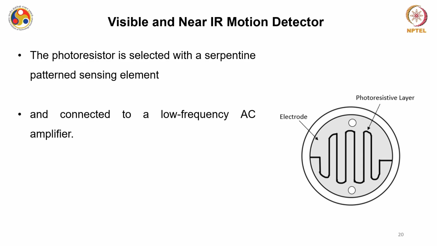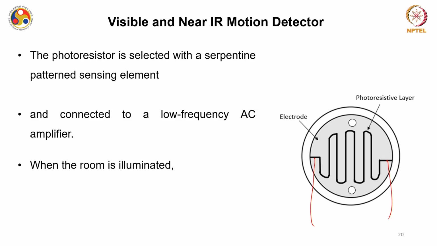For detection, photoresistors are very popular. We have seen that for the detectors, particularly for the complex sensor, we need to have a high surface area, and to have a high surface area, these photoresistors are usually patterned in a serpentine nature. So the photoresistor is selected with a serpentine patterned sensing element, and this photoresistive layer is usually connected to a low frequency AC amplifier. The photoresistor is mostly in serpentine shape, but it can have other shapes also depending on the object